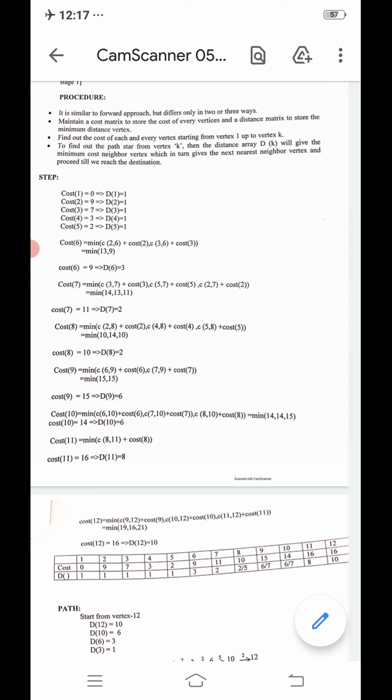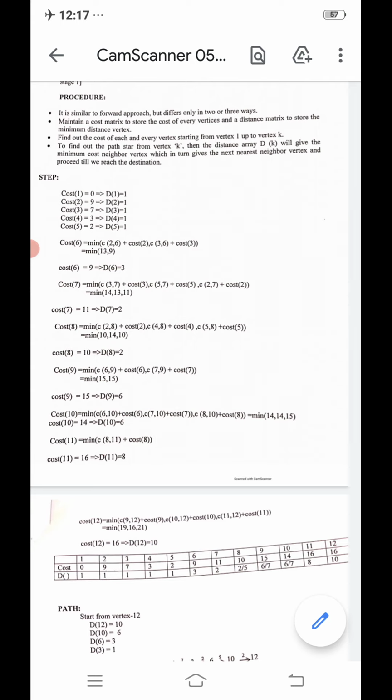Okay. Now we move to cost of 11. Cost of 11 in the sense only one direction, cost of 8 only. Cost of 8,11 plus cost of 8. Okay, cost of 8,11, how much? The direction is 6 plus cost of 8. Cost of 8 will be, how much can we get? 10 plus 6, how much? 16. Cost of 11 will be 16. Now the destination of 11 will be 8, only one direction. Destination of 11 will be 8. Okay, 8 will be the minimum value. That's why destination of 11 will be 8.